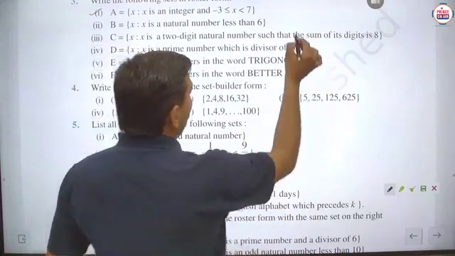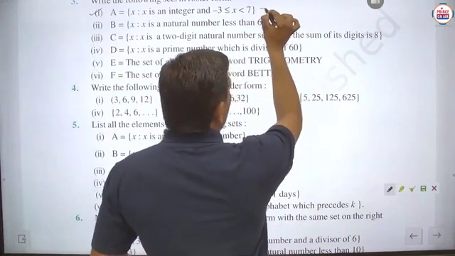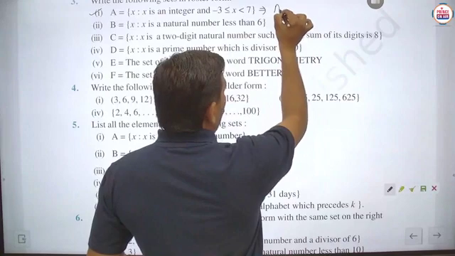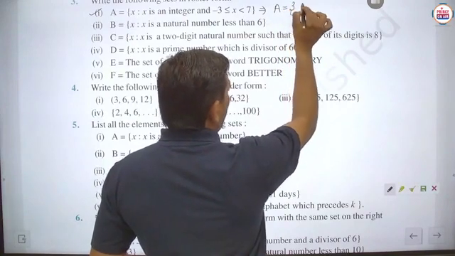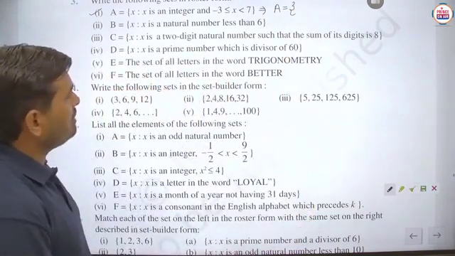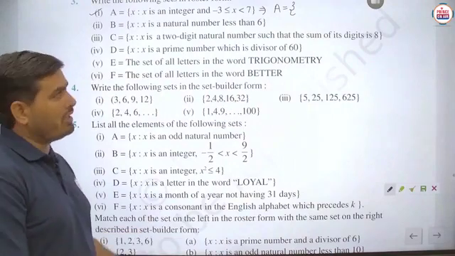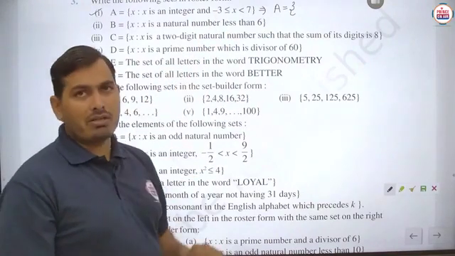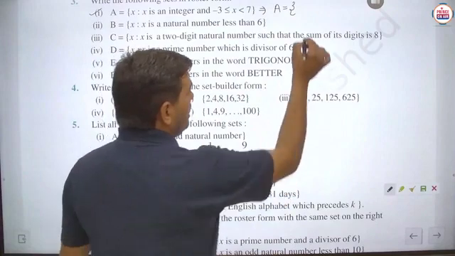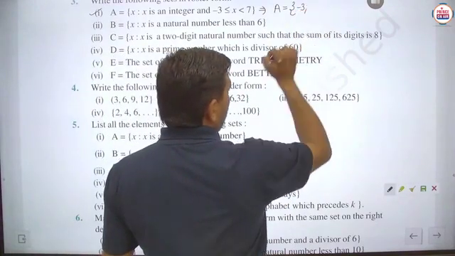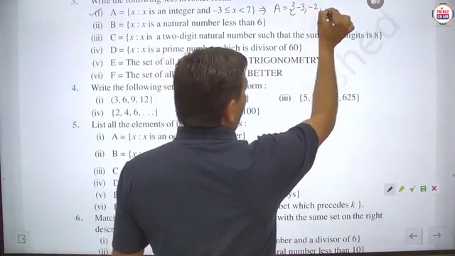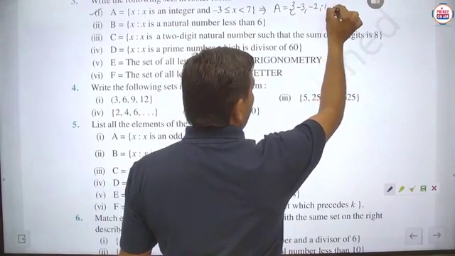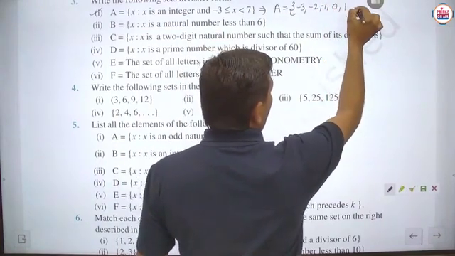So basically if we have to draw the number line, suppose any set builder form is to be converted into the roster form, then we have to write the set of integers. So basically here from this part we will start, then we have to take here -3, because here the equal to sign is there. After that -2 we will take, after that -1 we will take, then after 0, then after 1,